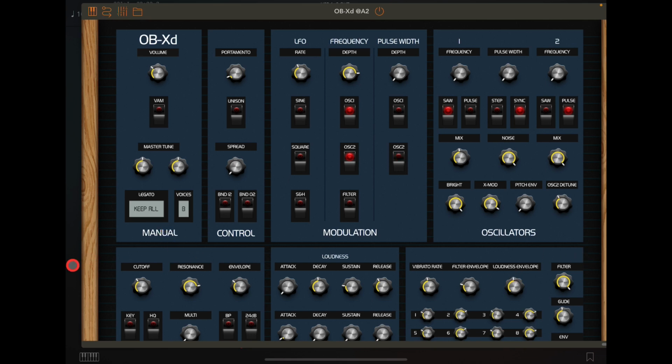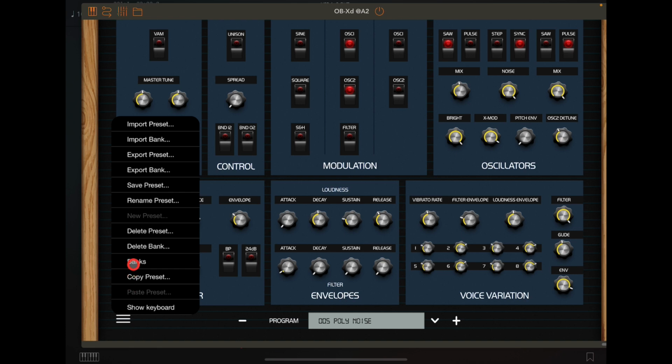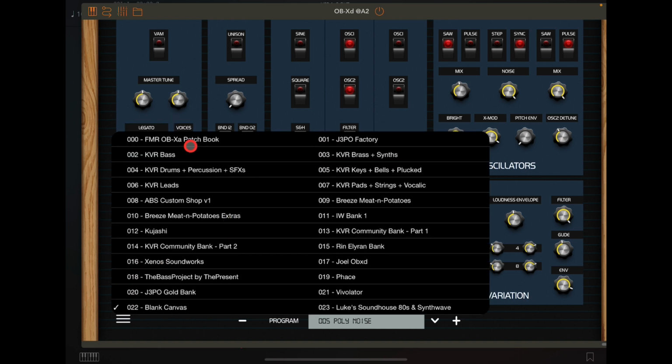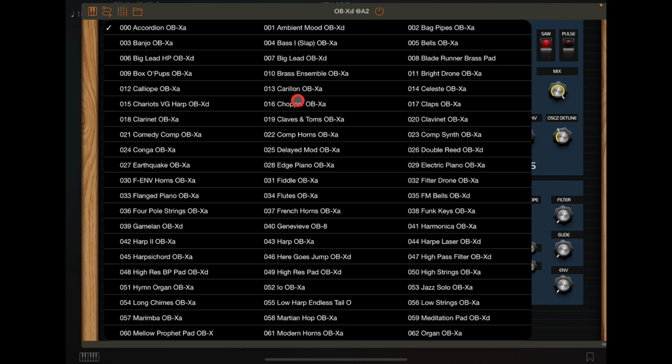Anyway, top job. Like I said, all you need to do is go in here, go to banks, and there are tons of banks. We go to the FRM OBX8 patch book, click on this, choose anything we like,